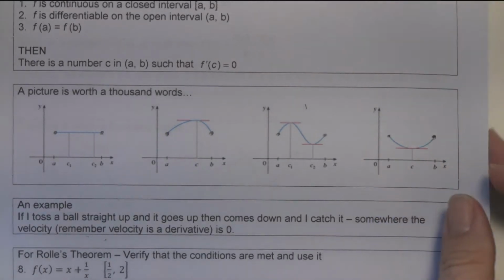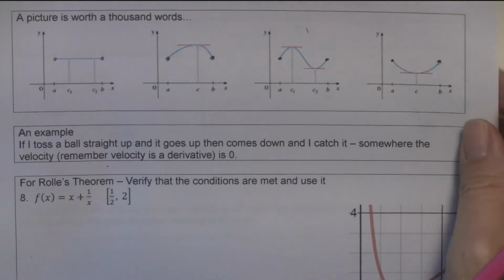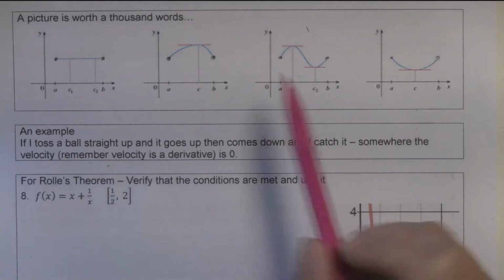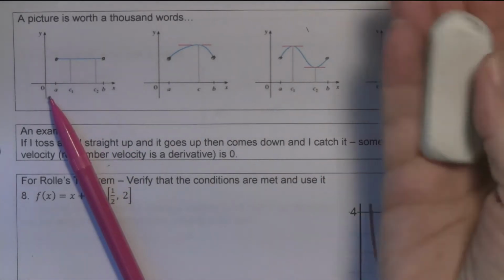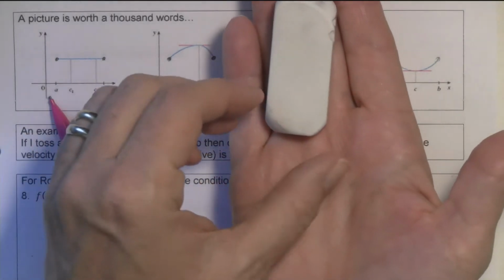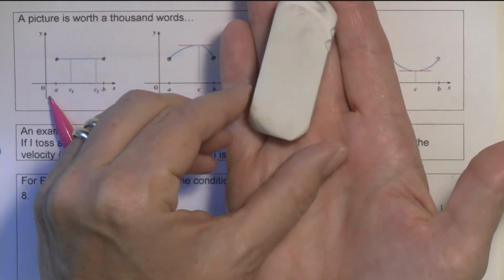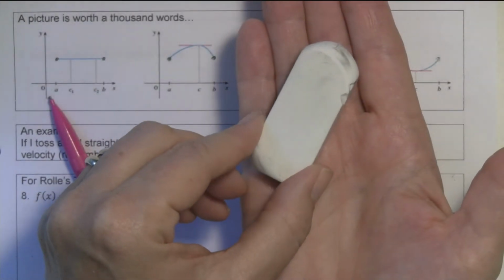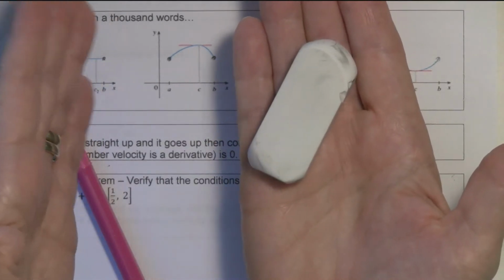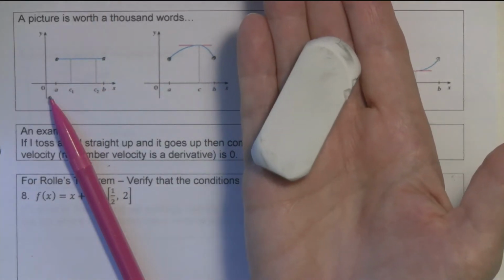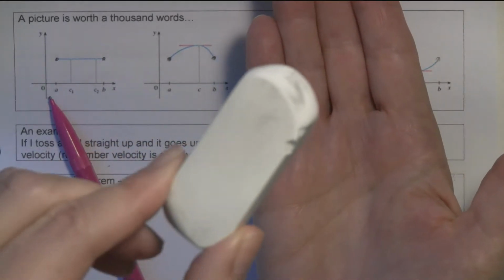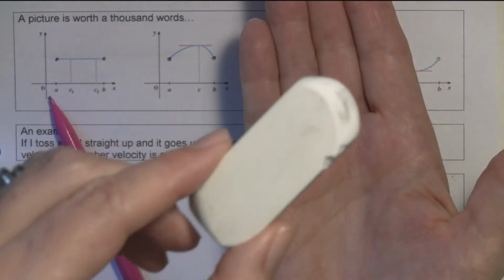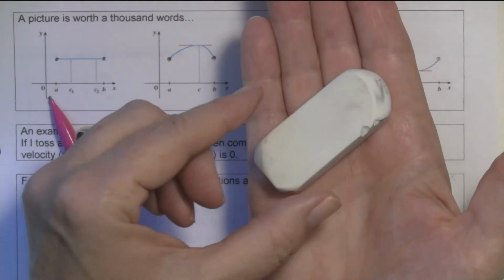And then I like to give an example in words, and this is my example in words. If I toss a ball straight up, and it goes up and then it comes down, and I catch it. So just so that you envision the thing. I know this is not a ball, this is my eraser, but if I throw it straight up, and it comes straight back down and lands in my hand, then I let my function be the height of the ball at any time, so you know how they had S equals F of T, and that's the height of the ball at any time, as it goes up and